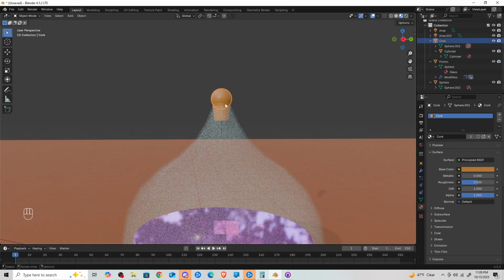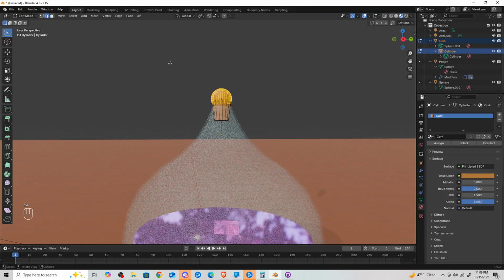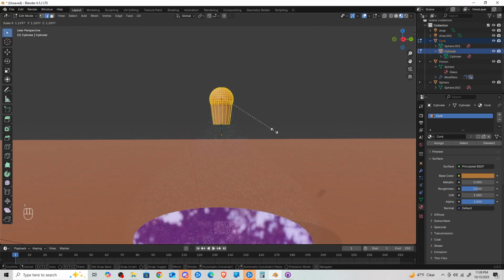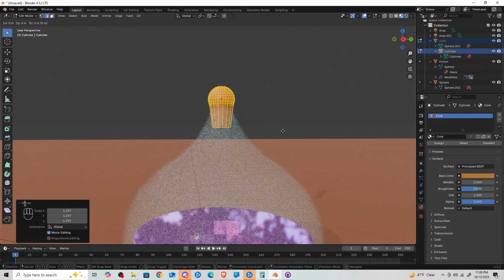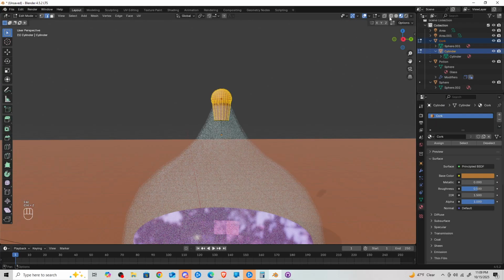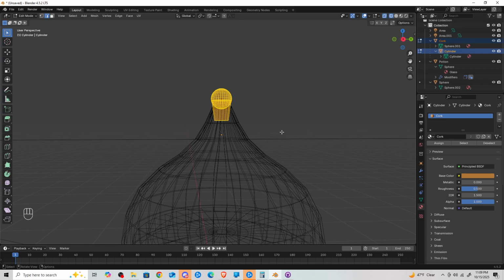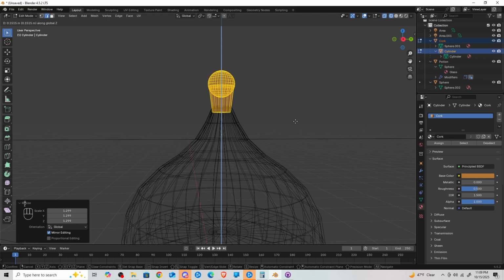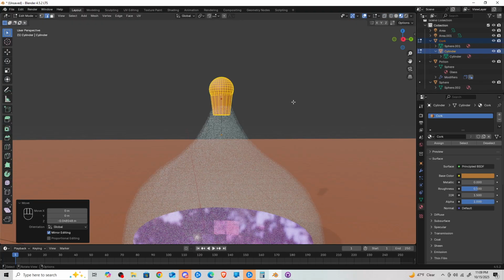Oops. No. Just want to select you two. Okay, then we go to edit mode. Select all of you. Make you slightly bigger. And then once it's slightly bigger, we move you up. Oh my god. I messed up again. I did the same mistake I keep making. Just a little smaller so that we know that it's going into the bottle. And now,